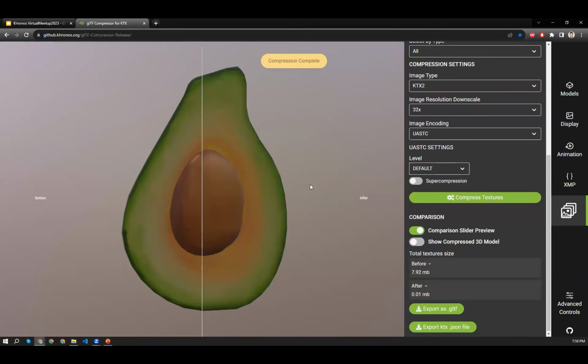Yep, and after the compression, you see two kinds of things. We have new information about the total texture size before and after the compression, and we gained a lot, almost 7+ megabytes. But at the same time, we can check how much visual fidelity we lost after